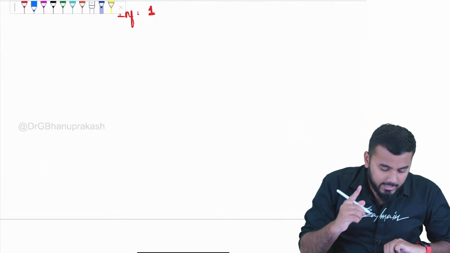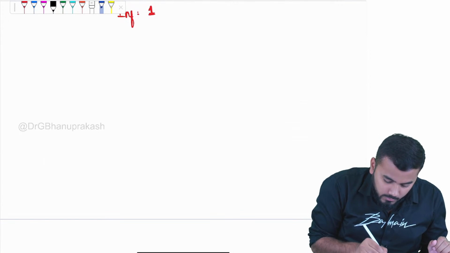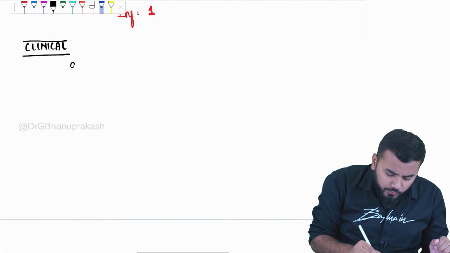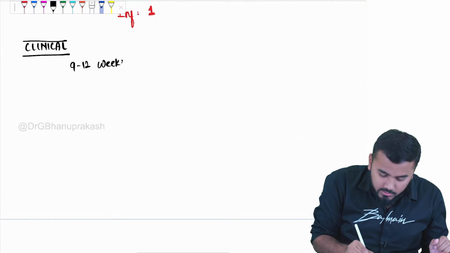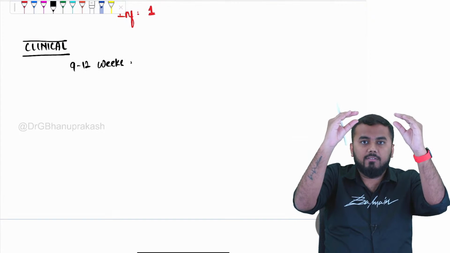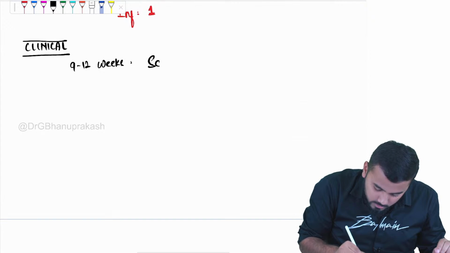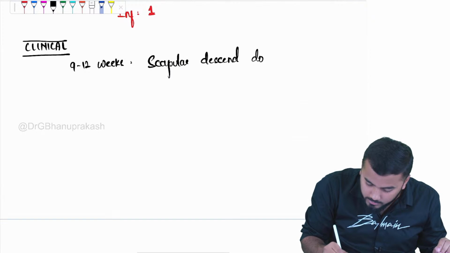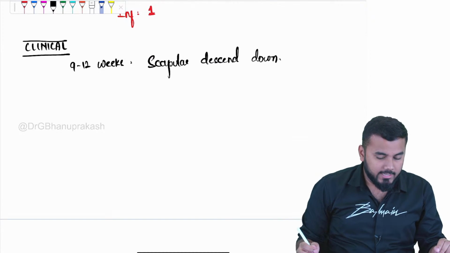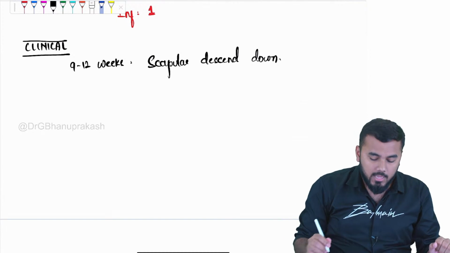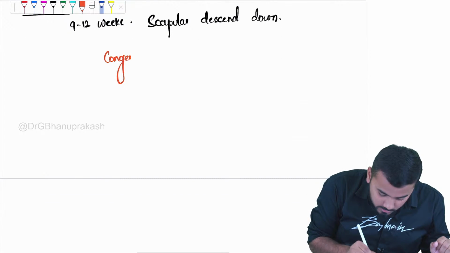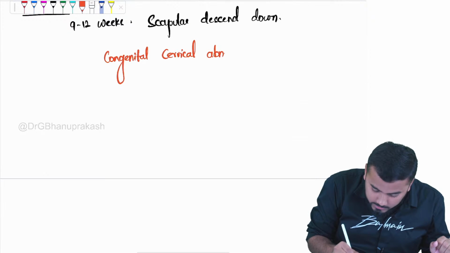Let me write it and show you a picture of the clinical point. The clinical point is that around 9 to 12 weeks of gestation, both the scapulae descend down from the cervical region. But in some cases like congenital cervical abnormalities,